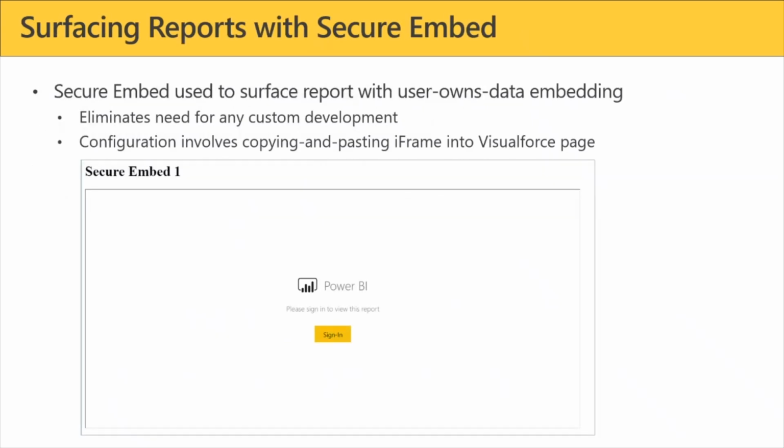Okay, so let's look at surfacing reports with Secure Embed. And the idea of Secure Embed is that Power BI will give you an iframe to copy and paste into any place that you can basically copy and paste code into a web application. So the idea is that when we use this,